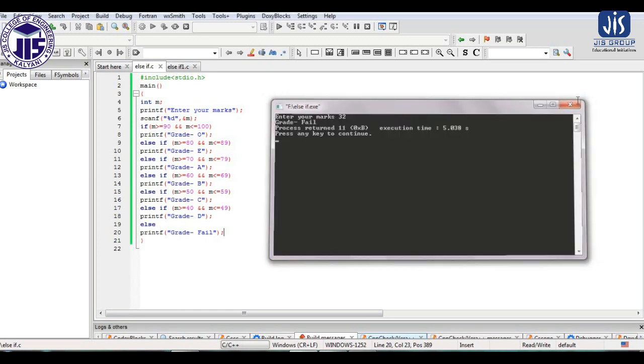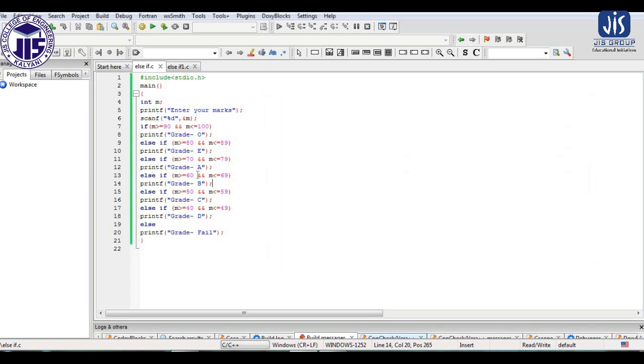So here you can see whatever value we are entering for the marks, it will start verifying the condition from the first one, and if the first condition is false, it will go to the second condition. If the second is false, then it will go to the third condition. In that way it will check all the conditions until any of them becomes true, and if none of the conditions is true, it will directly come to the else and execute it.